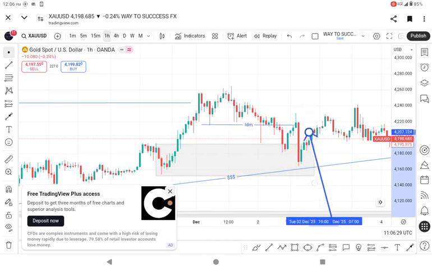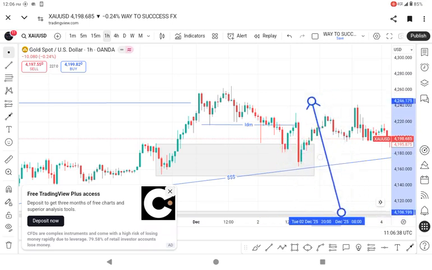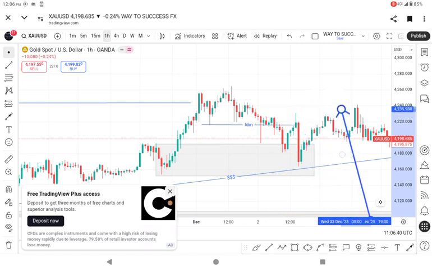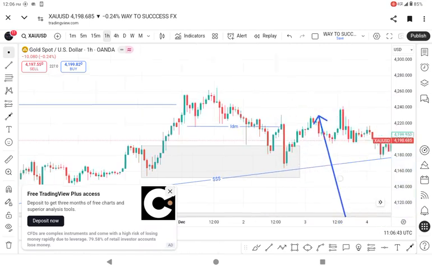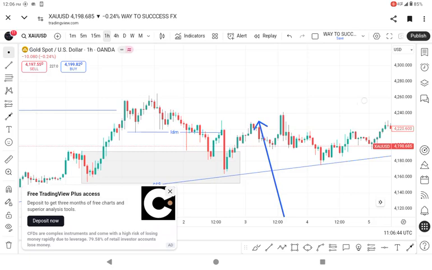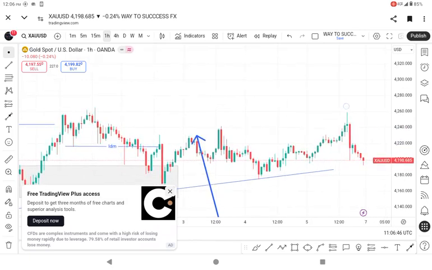As you can see, price made an attempt to go to the upside but failed, breaking this low that is here, this one. After this break, price went up again, taking this high, and before the market close, we can see the market making an attempt